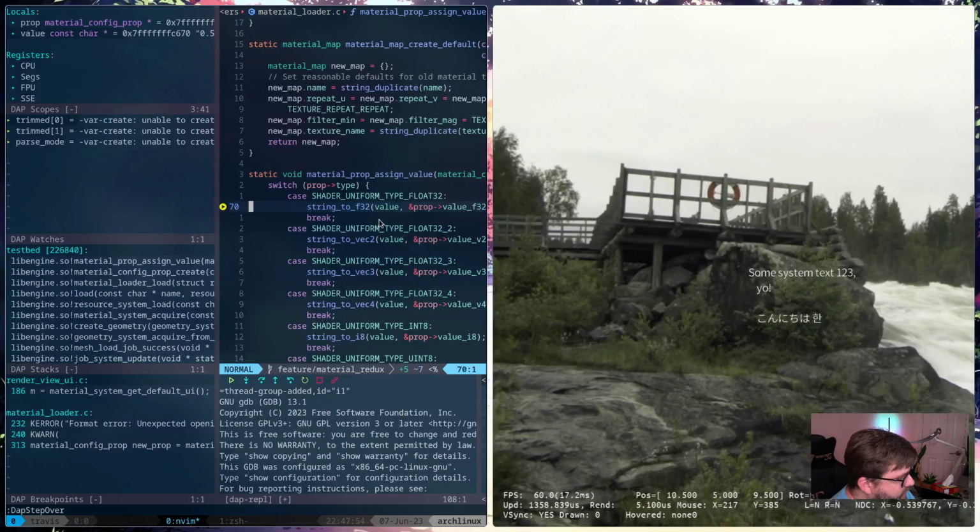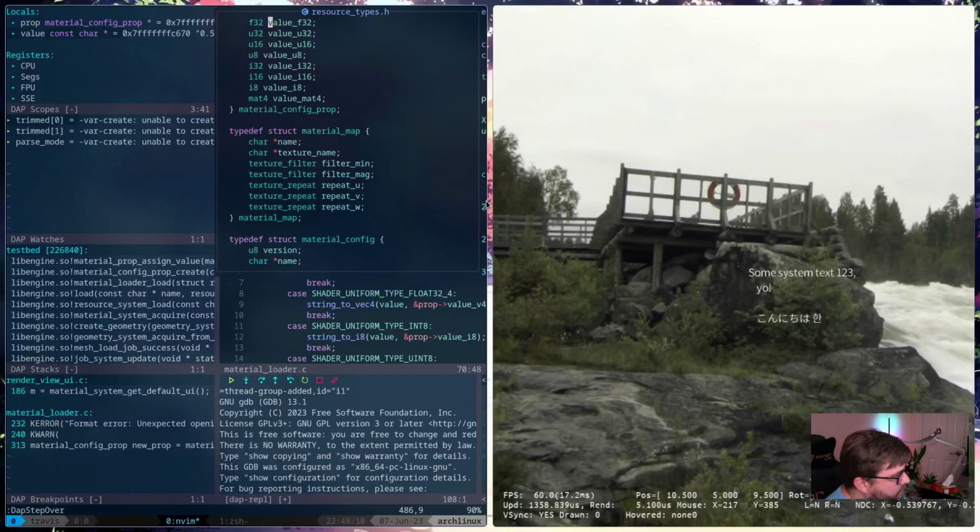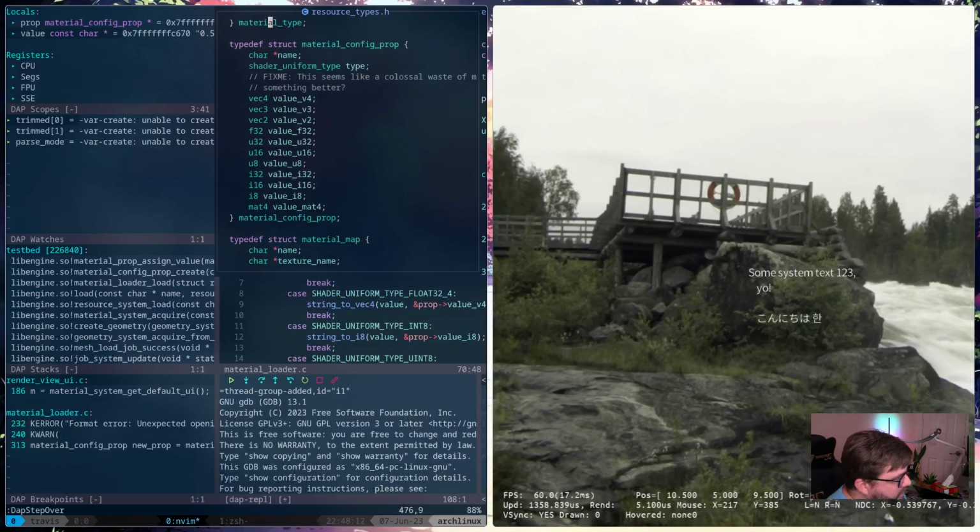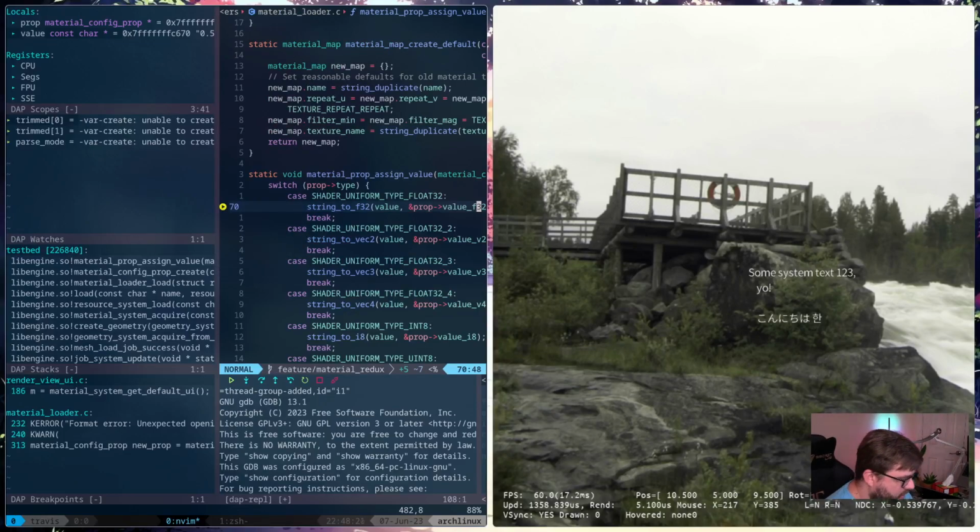We do string to float 32. We put the... oh, wait a minute. Well, that shouldn't actually. I don't think we set this up as a union, did we? No, we didn't. I do need to do something about this, though. All right, so that looks fine.